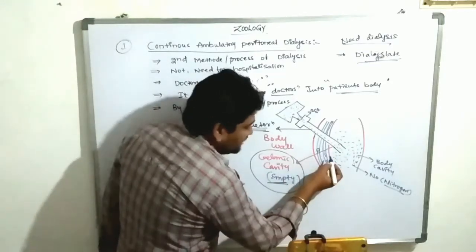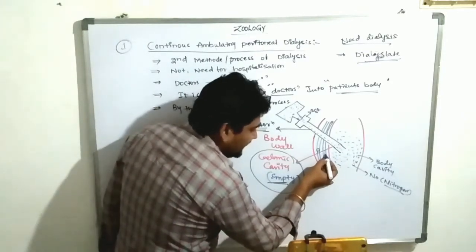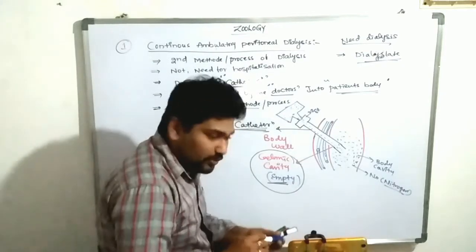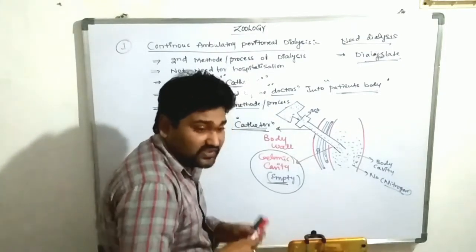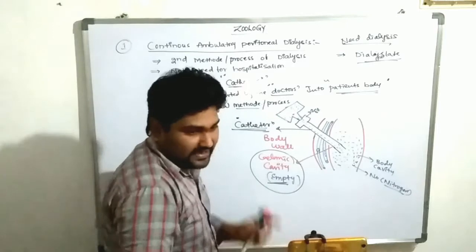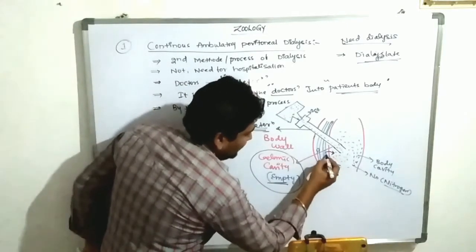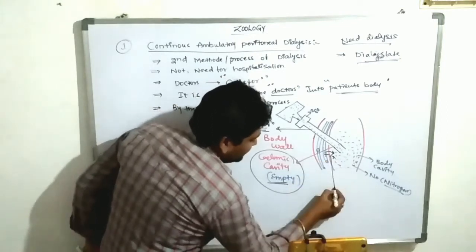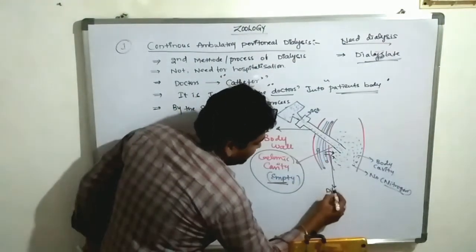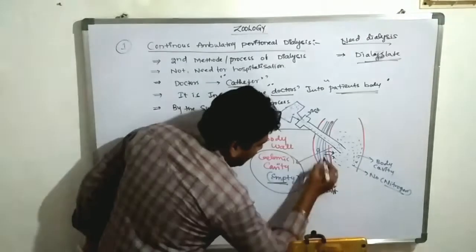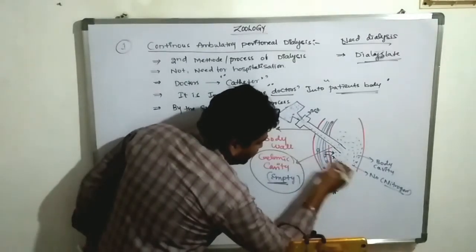When the action occurs, the blood containing a large amount of nitrogenous vestiges dissolves directly into the dialysate through the blood vessel. That is known as the diffusion method, from high pressure to low pressure.